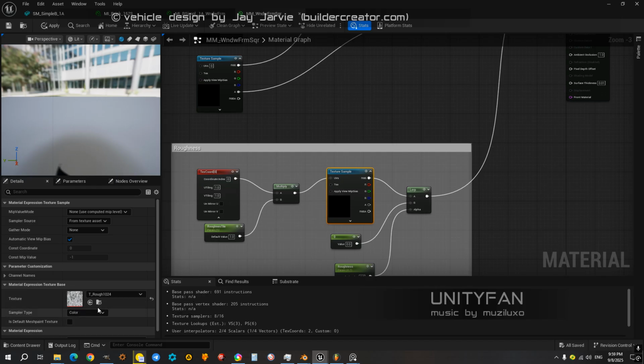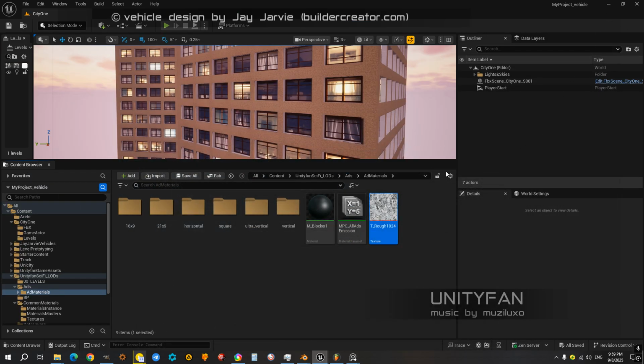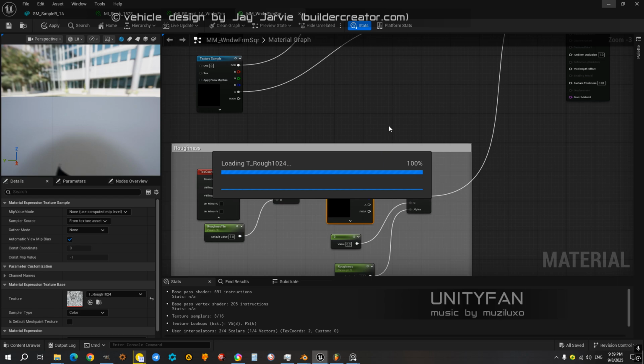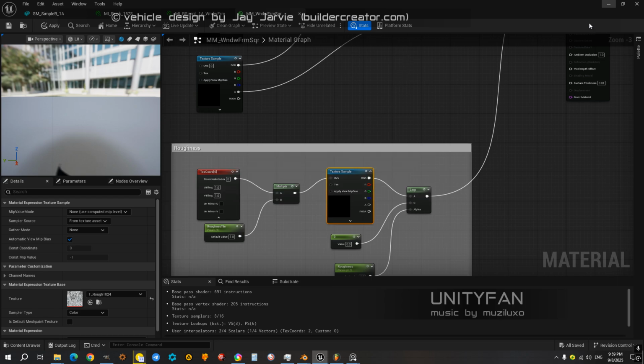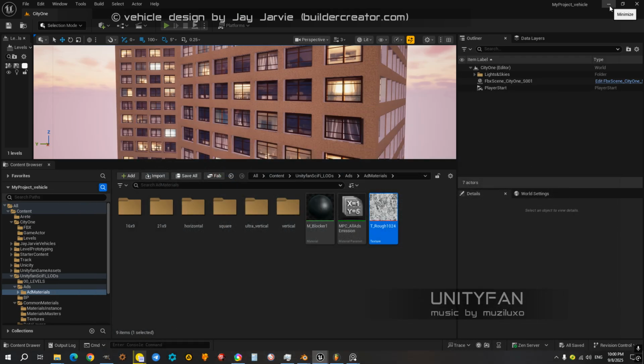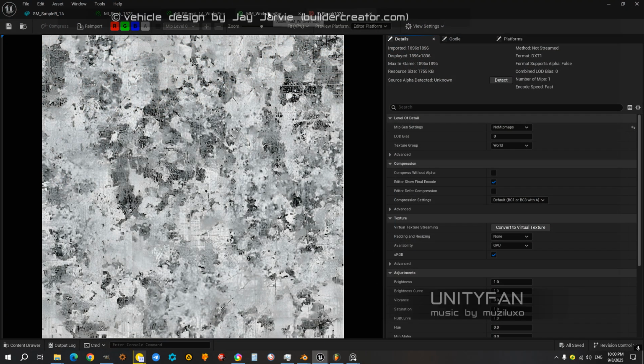I hope you can see it. Yeah, this one. It's also just AI generated basically. And let's get back to the material.